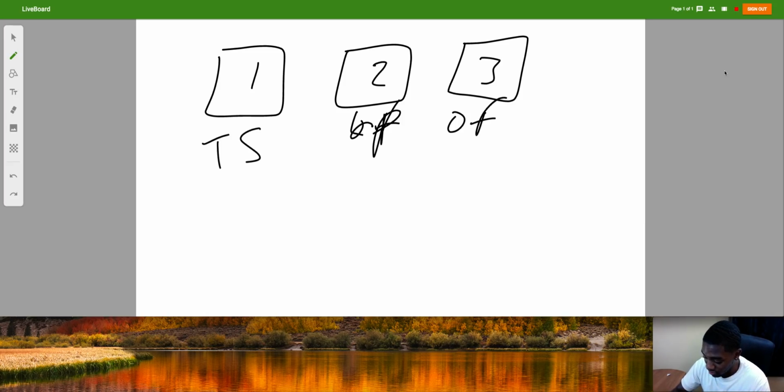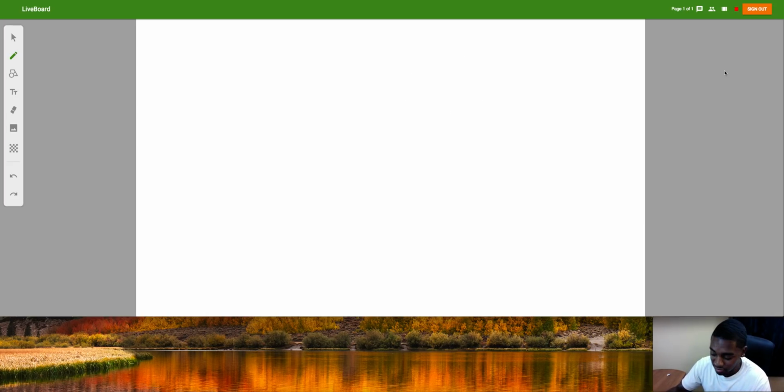Obviously, not every single person, but a lot of people aren't doing anything else. That's all they're doing, right? So instead of just doing the 1, 2, 3 method and just having a basic landing page, you can do the same 1, 2, 3 method, just change the middle setting, right?